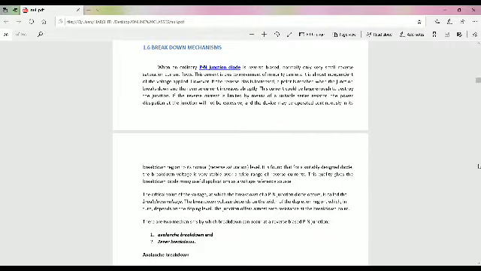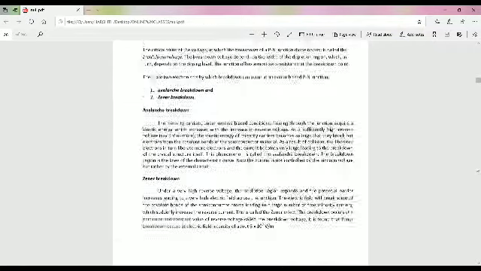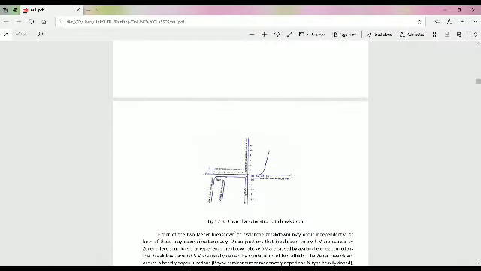First we discuss the Zener diode, breakdown mechanisms and Zener diode applications. First of all, what do you mean by breakdown? Breakdown means, in the reverse biased condition, as long as the reverse voltage is less than the breakdown voltage. In this diagram, this is the normal reverse voltage, this is the breakdown. Current rapidly, suddenly increases, that is called the breakdown.